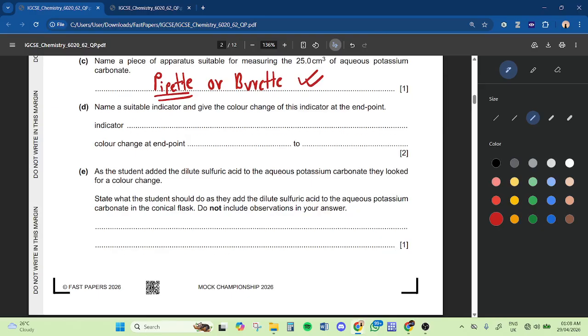Name a suitable indicator and give the color change of this indicator at the endpoint. So the endpoint we have to remember is sort of when the pH is neutral. A lot of us might get excited, and when we're writing something like methyl orange, we might write yellow to red. While that might be correct, take for example, I'm going to use different colors for this, methyl orange,